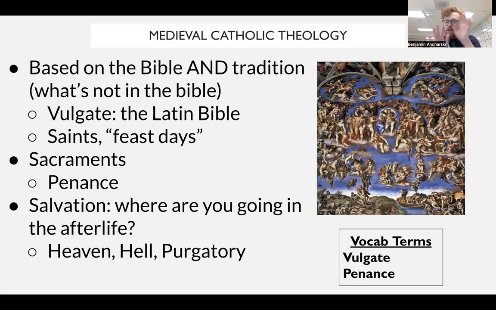And for the Unit 3 test, you wouldn't need to know all of this information. But what is important to understand is that there is an intense social and cultural importance on needing to know where you'll end up in the afterlife. And a big question for a lot of people is, what can I do on earth to determine that? And we'll talk about that more in just a second, because that is going to be an area where we will see corruption. So there is this controversy over what is the best way to get salvation? How are you going to spend your afterlife?